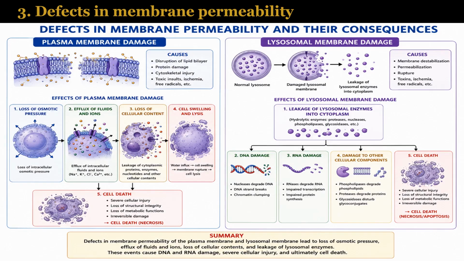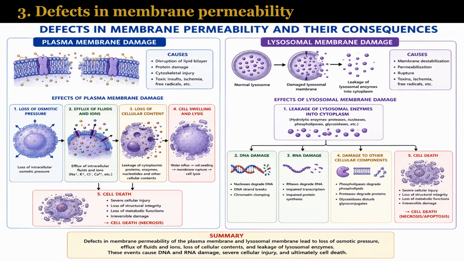Since there is plasma membrane damage, the fluids that are also found outside the cell, extracellular, are also going to enter inside the cell, such as water. Water goes from outside the cell to inside the cell, causing the cell to swell. And all these effects will lead to cell injury. And if these effects continue to persist, they might trickle down to what we call cell death. So these are some of the ways in which plasma membrane damage can cause cell injury.